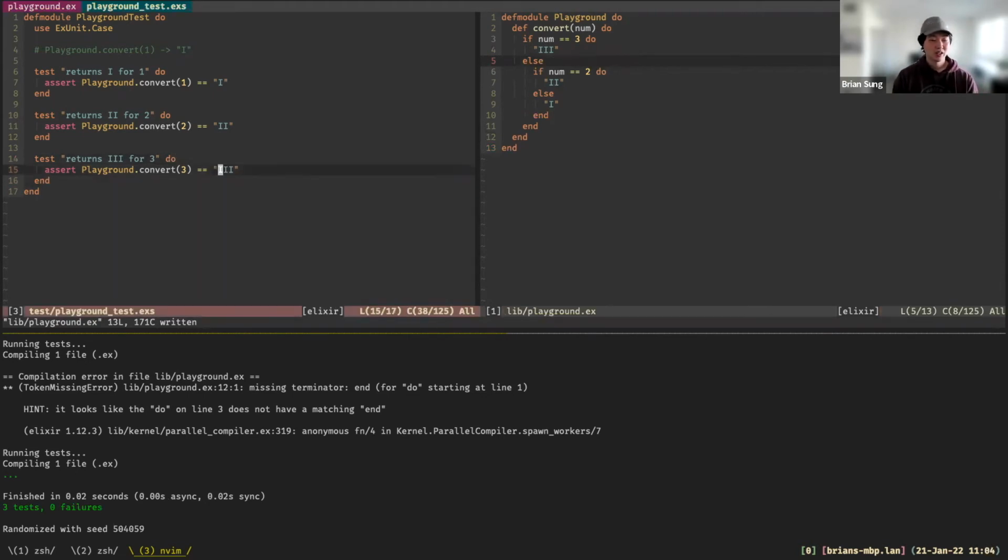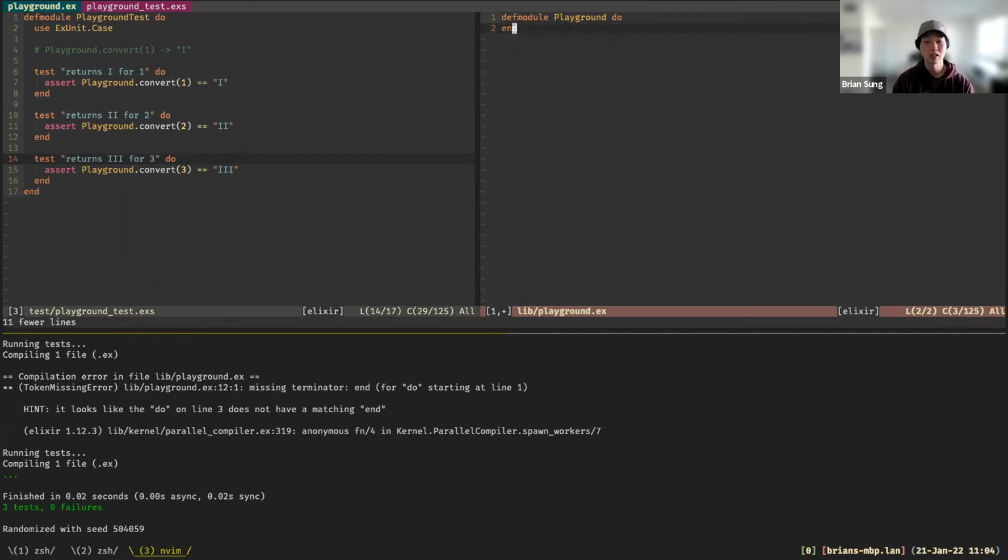All right, so we're at this point now. If we keep adding stuff, it would just be, if num is equal to 4, blah, blah, blah. We don't want to do that. So right now, I'm going to demonstrate what they call pattern matching. If we look at our tests, we're calling Playground.convert with 1, 2, and 3. We can define these sort of methods that match those arguments that we're passing in, right?